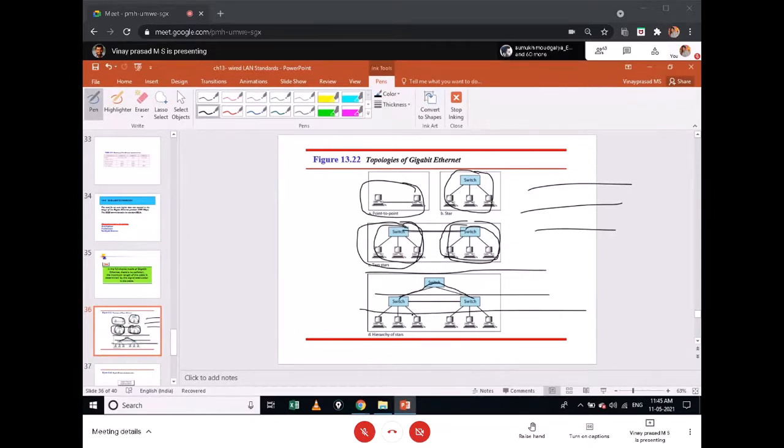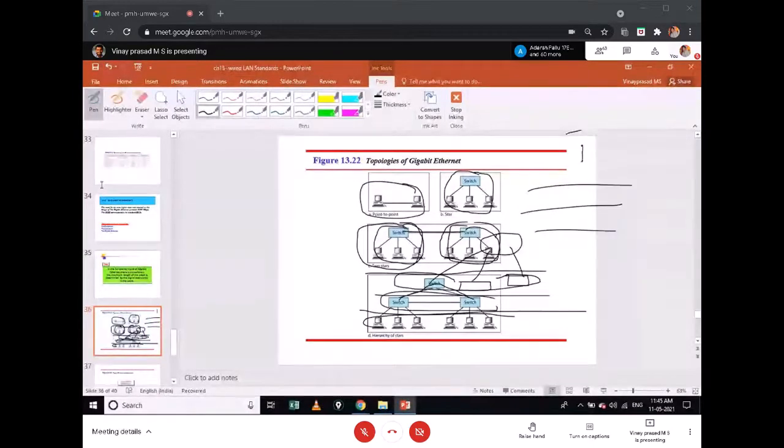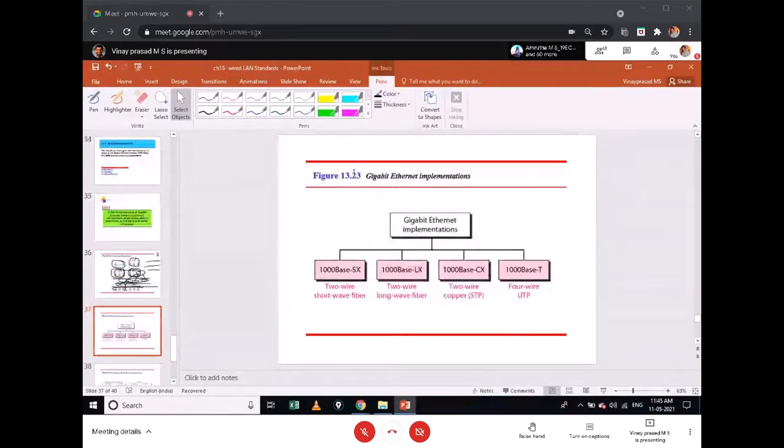All these are hosts, all this is the access layer switch, and all this is connected to a distribution switch. If you have more networks, then all of these are connected to the core switch. This is the three-tier architecture that everyone uses today, used by network administrators to design the network. Okay. And what was the implementation we had in gigabit?